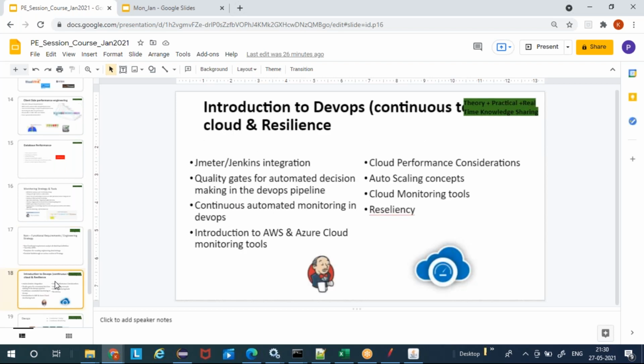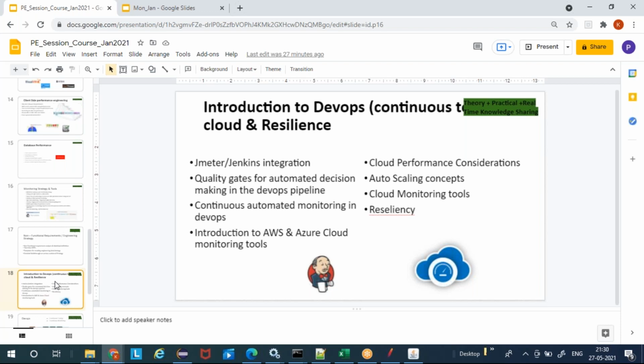And then, as I said, we will also look into the important aspects for the current job market or current buzzwords in projects, right? DevOps and cloud. We will try to understand practically how they do this Jenkins integration, or how performance is integrated with Jenkins. We'll share some of the real-time requirements and real-time implementation, how it is done, more from a process perspective, more from the concept perspective. And we'll also integrate JMeter and Jenkins.